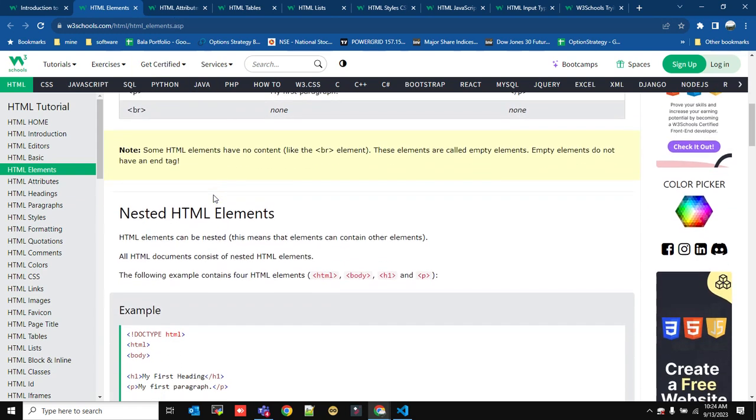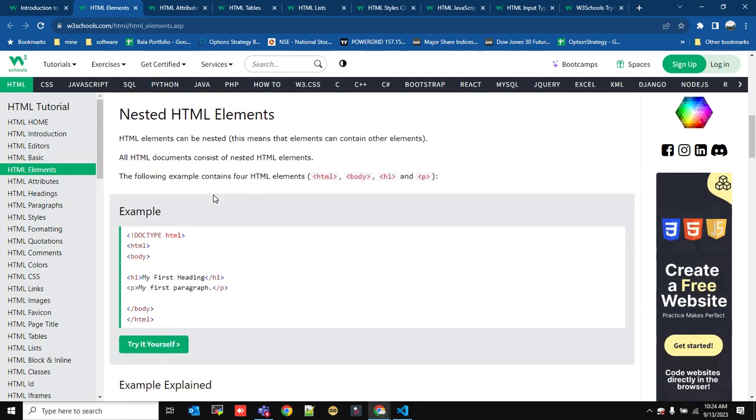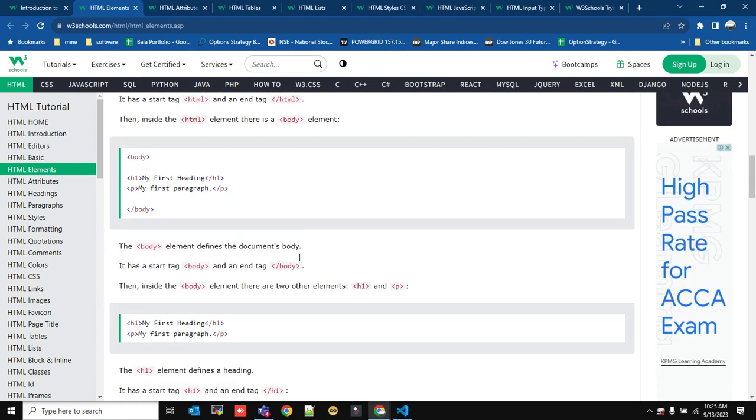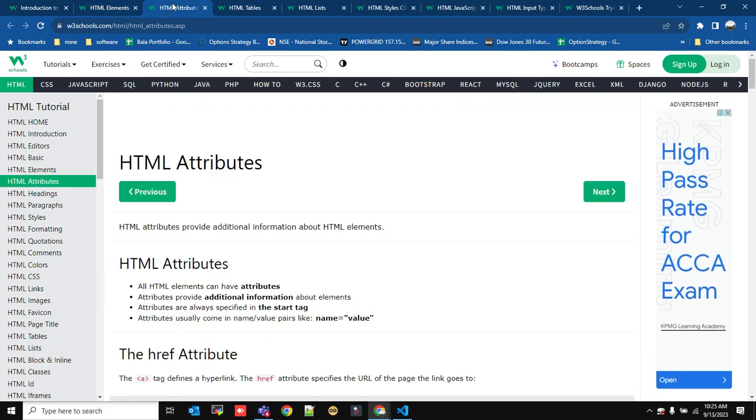And then you can also have nested HTML elements. So inside an HTML element, you can have other HTML elements also. Okay. So this is the basic, and HTML